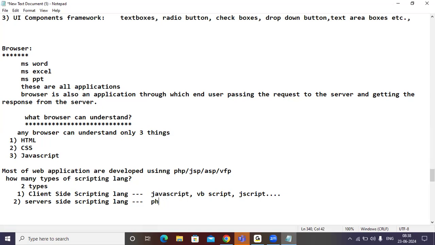You can easily tell: PHP, JSP, ASP. These are all server-side scripting languages. Python, Perl, these are all what? Server-side.